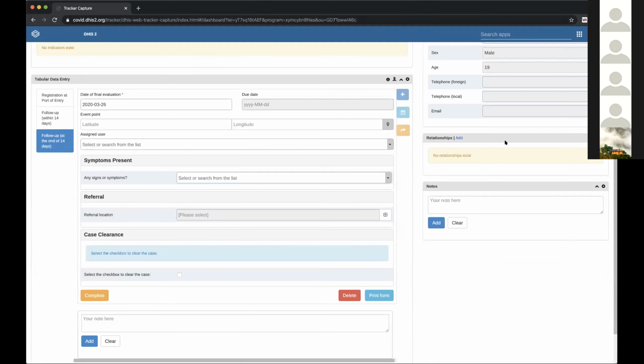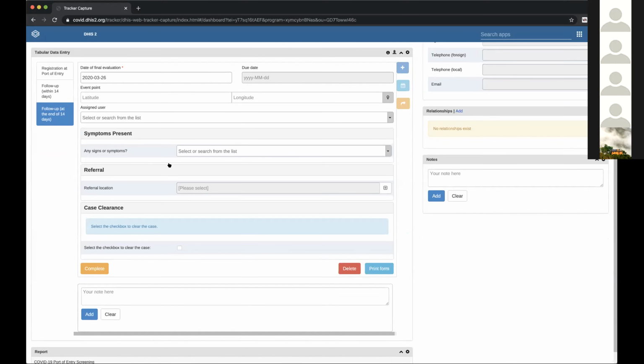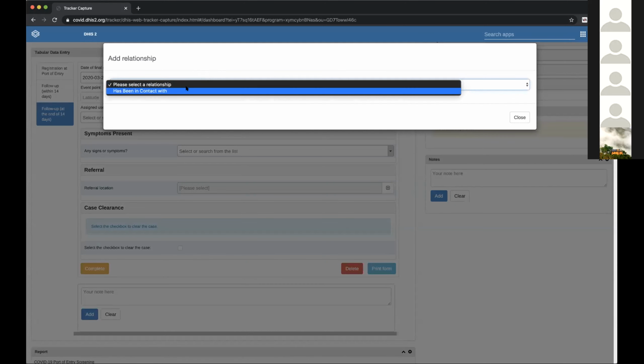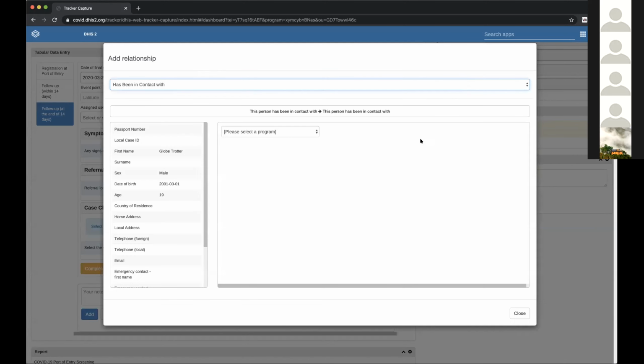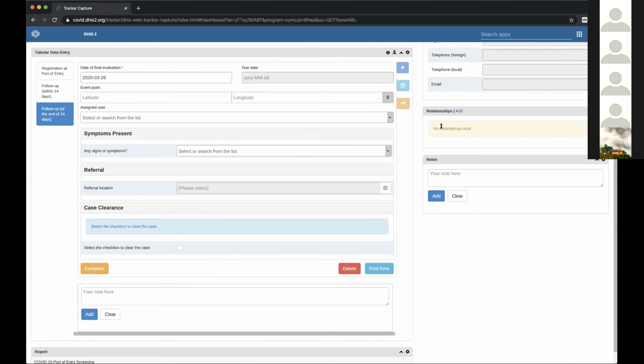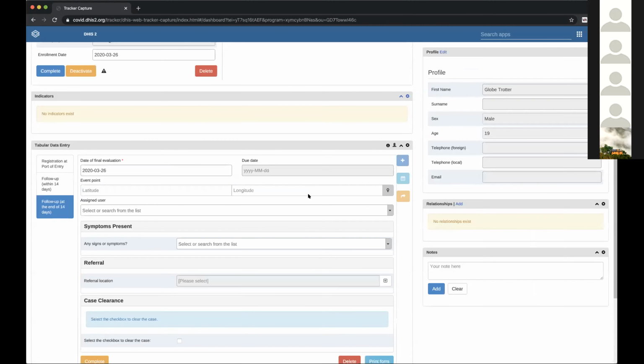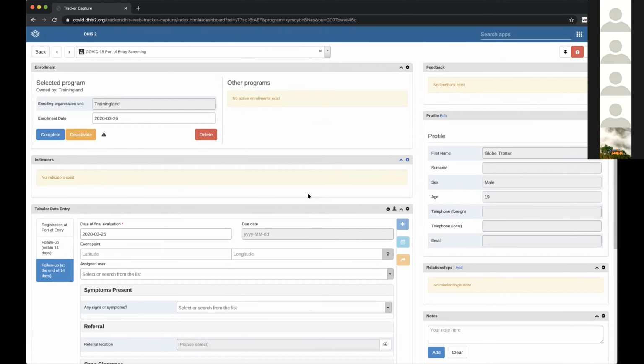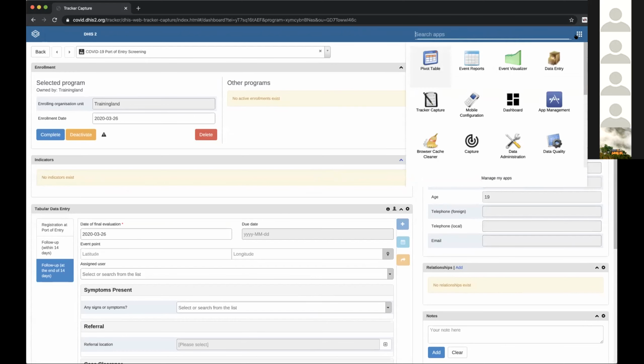So before I show you all the possible indicators that we can pull out from this program, I will also just mention that here we can add relationships as well. We can choose if that person has been in contact with anyone, we can list it here and follow up. So back to the dashboards,